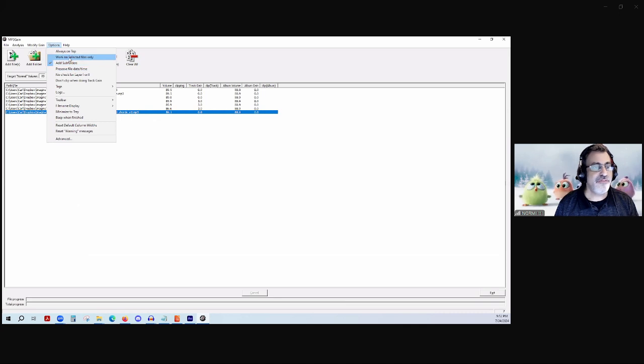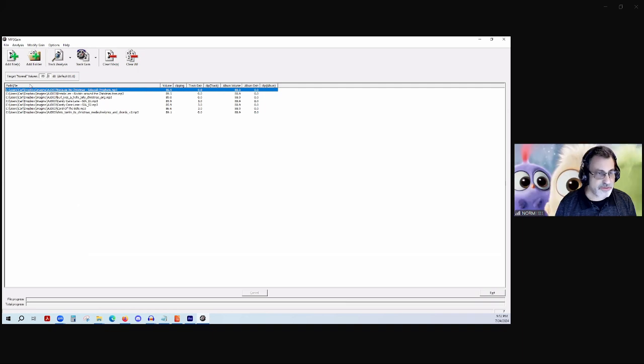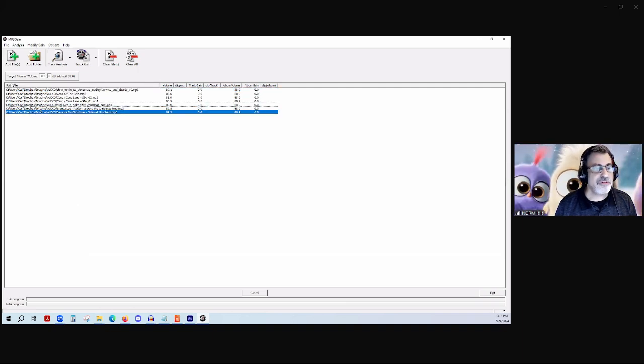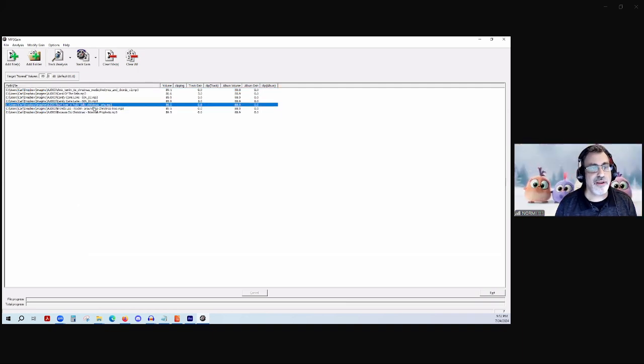You can select certain files. Let's say you have a bunch of files in there and you only want to do these 3. I can select these 3 and only work on these 3, or otherwise it'll work on everything. It's that quick. You can take a whole folder of audio and say normalize it and it'll do that. You notice here, album volume 88.9, so it's pretty much made everything the same. So when you play those audio files, they're all going to relatively sound the same and people aren't going to have to adjust that radio, right?